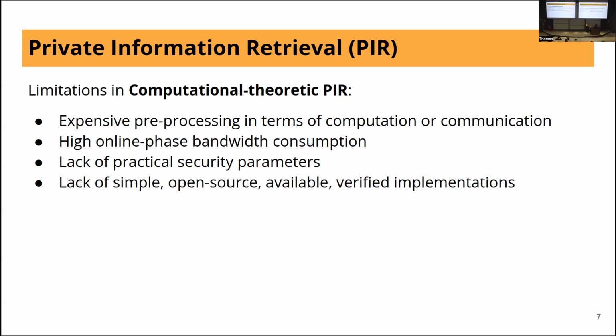It also turns out that some of the schemes that have been presented in this computational theoretical mode have some security parameters that we don't consider, and this is an opinionated opinion, as practical, because, for example, some of them only arrive at 111 bits of security, when sometimes for some standardization purposes, you will want a little bit higher security, right? You will want 128 bits of security, for example, and it turns out that if you try to increase the security of these specific parameters, you will not be able to do so, because it will heavily impact